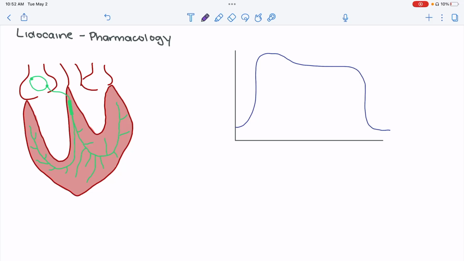In this video, we're going to look at the pharmacology of lidocaine, specifically the use of lidocaine in treating patients in refractory VTAC and VF in cardiac arrest. In order to appreciate how lidocaine performs its mechanism of action, we have to look at first where it's going